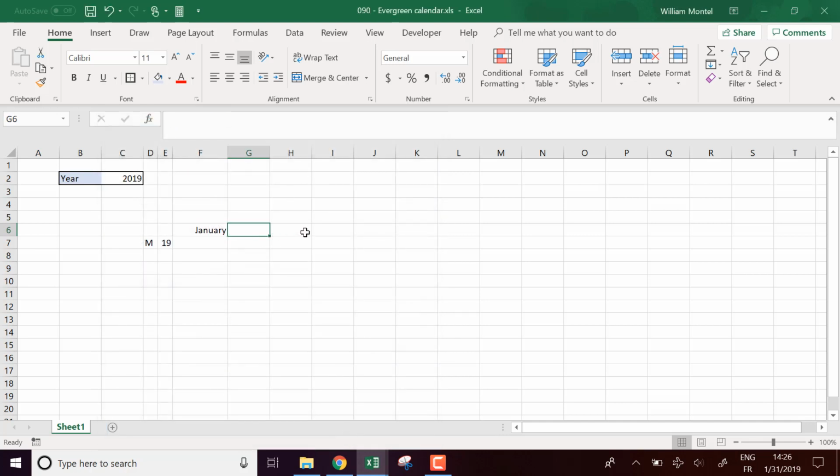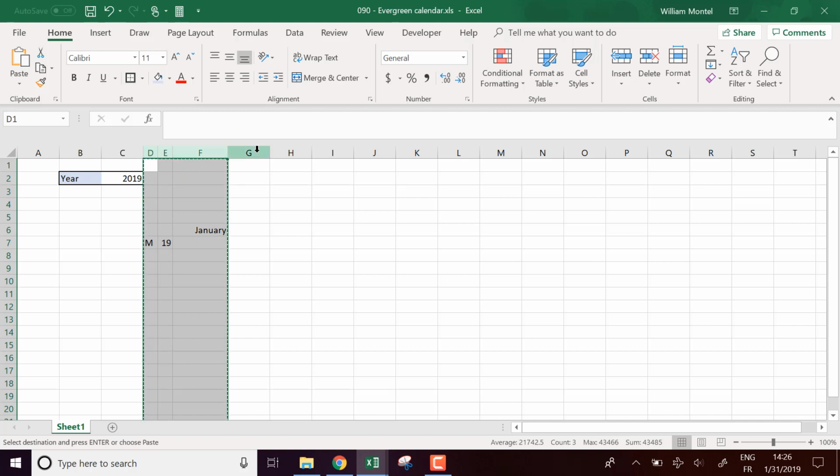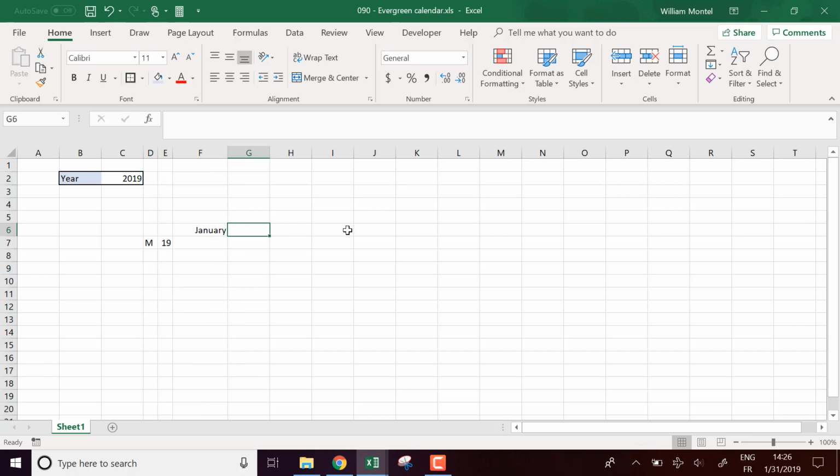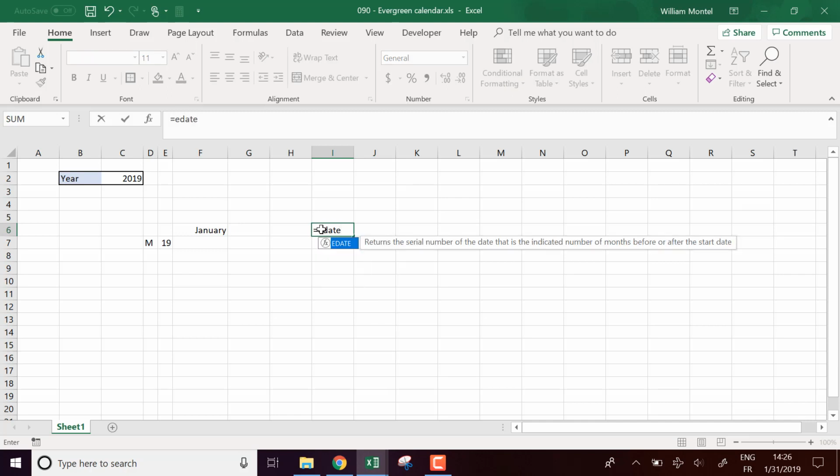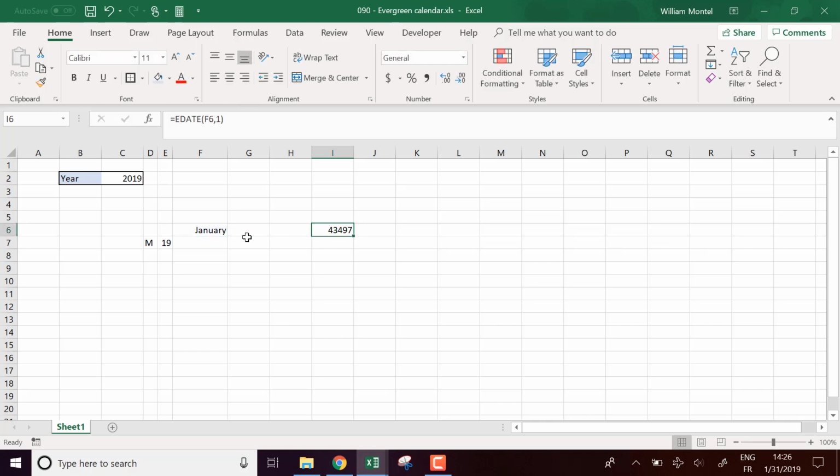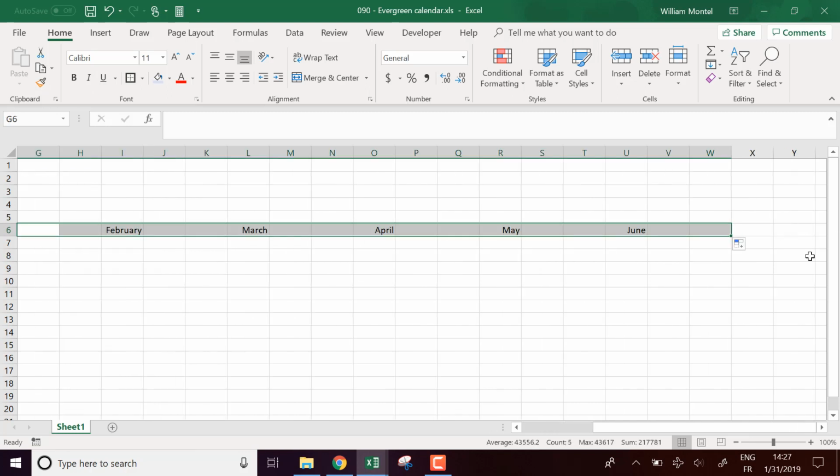Then I'm going to use the format after, but here I'm going to do date. I'm going to take the same date and add 1 month like this. And I'm going to apply the same format, February, and now I can expand for the whole year, May, June,